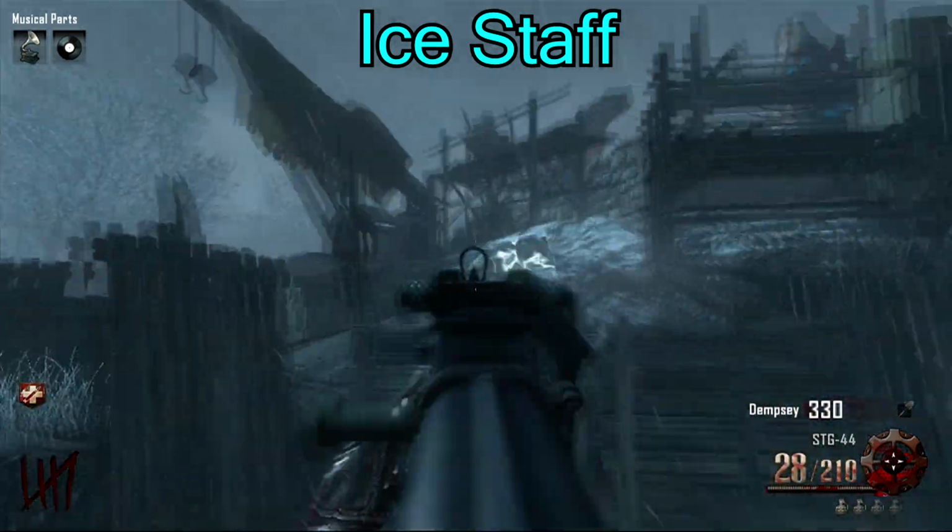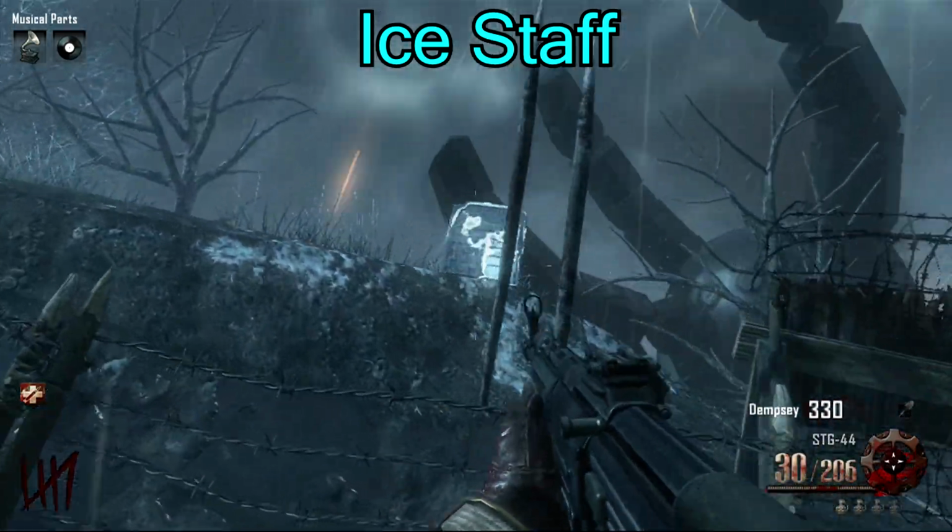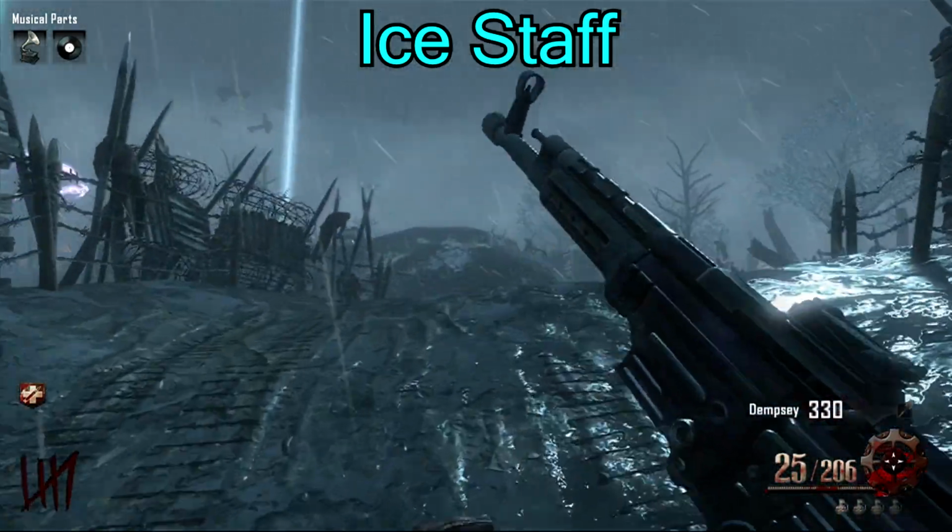There is one right here next to Jug. There's one right here on the excavation site, and the last and final one is way back in the map, back near Generator 2. And once you do that, you want to go back to Pack-a-Punch, go down the stairs,